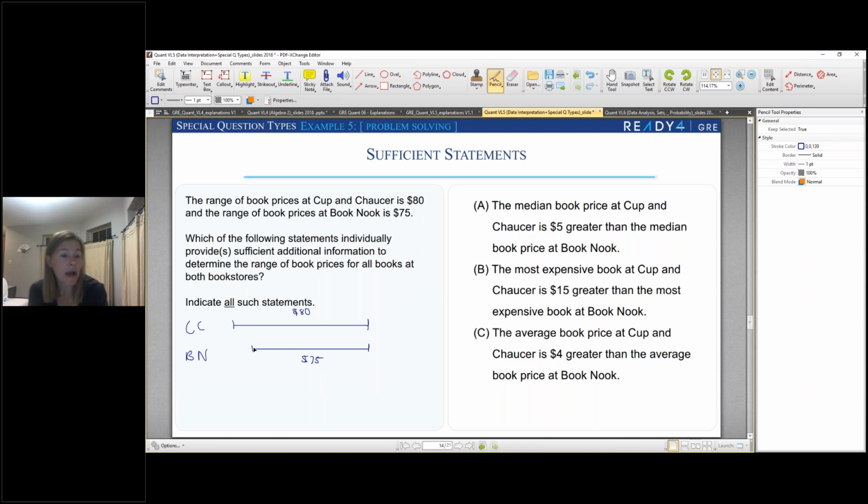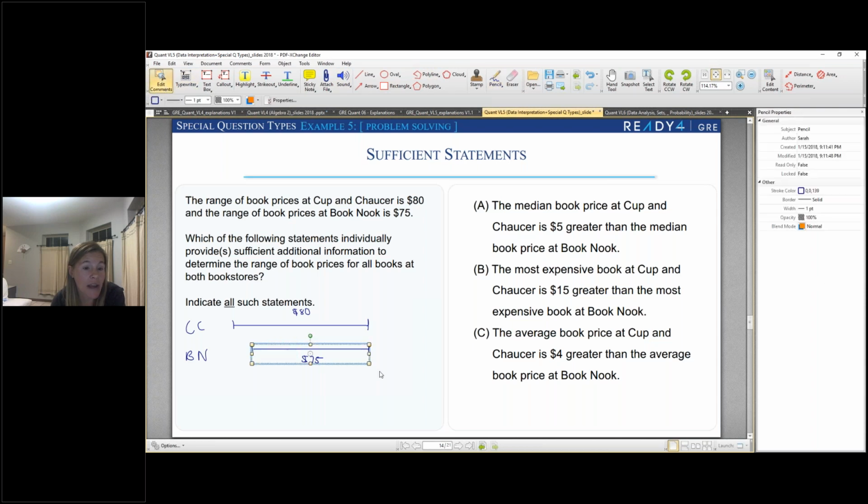All right, so we know that Cup and Chaucer has some expensive books, maybe some cheap books, I don't know, but there's an $80 difference between the most expensive and the least expensive book. Same with Book Nook. There's a $75 difference between the most expensive and the least expensive book. If we want to know the range of book prices for all books, what we want to know is the cheapest book up to the most expensive book combined. So we don't know if it's like this or